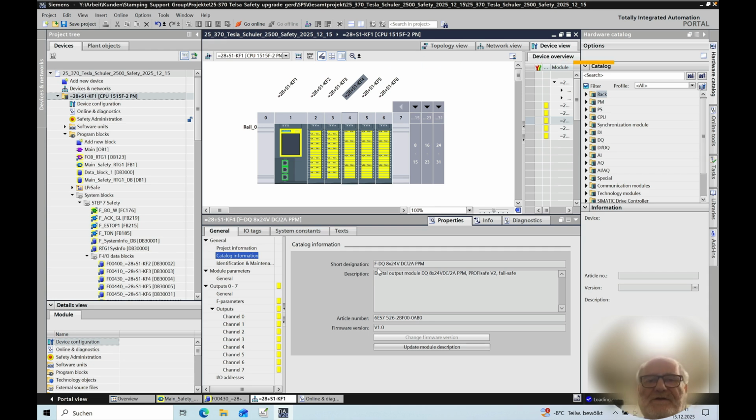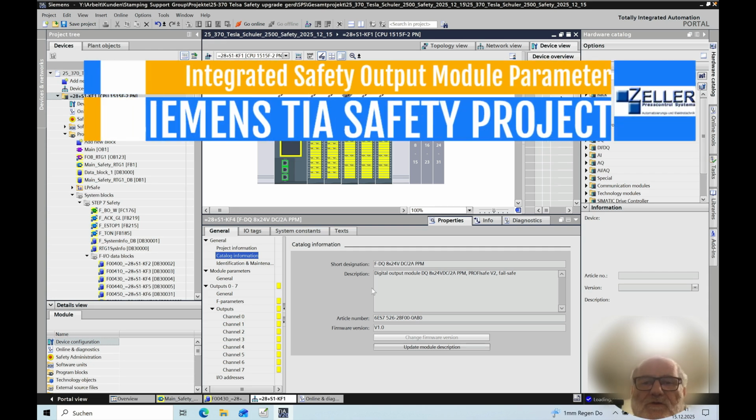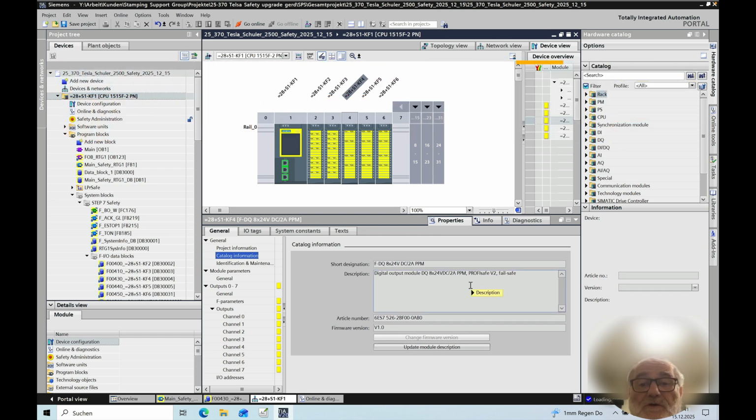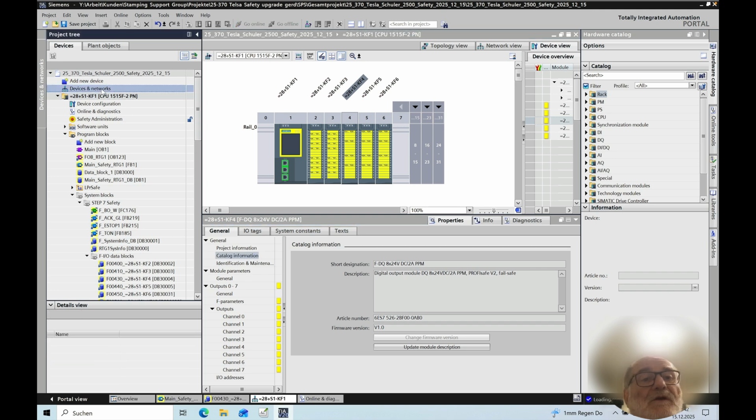Hello all, in this video I walk through the module parameters on a digital output module, a Failsafe module from Siemens using TIA Portal V20. So for the parameters on the output module, on this device and network